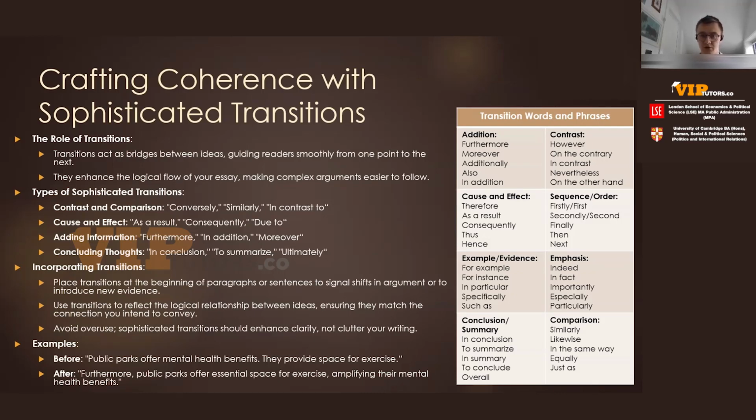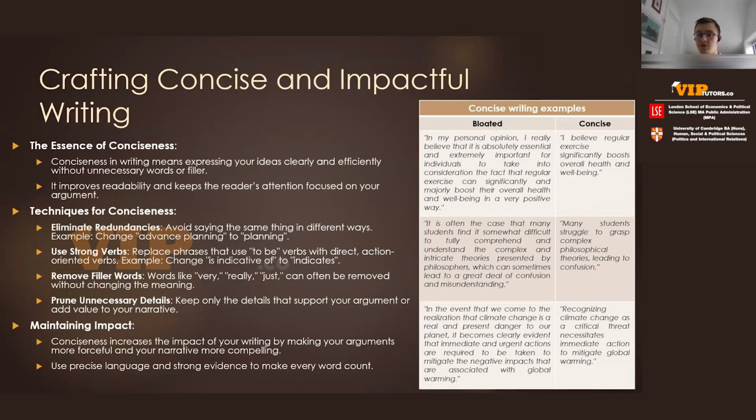Now, we will turn to our final point when it comes to constructing academic narratives, which is crafting concise and impactful writing. This comes back to my point that academic writing, while complex, doesn't have to be super long. It needs to be precise, it needs to be clear. So let's explore how you can hone your writing to be both concise and impactful. Really, the goal here is to strip away the unnecessary, so the essential of your argument and your narrative shines through, making your essay not just readable, but memorable to readers.